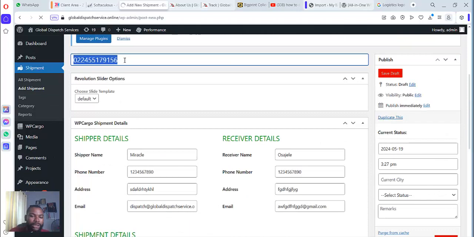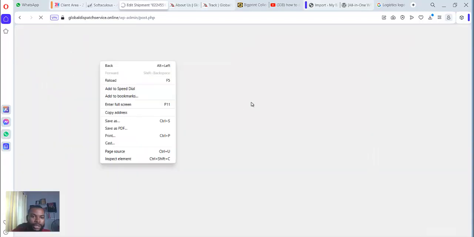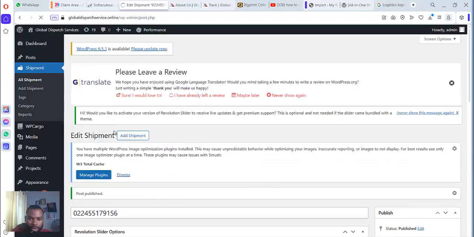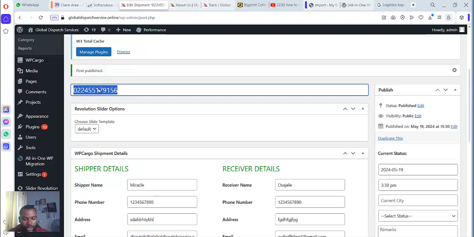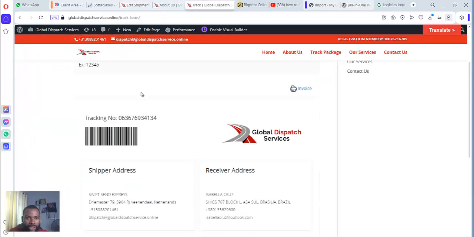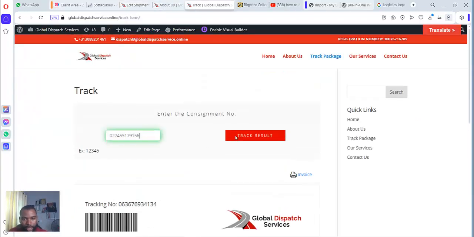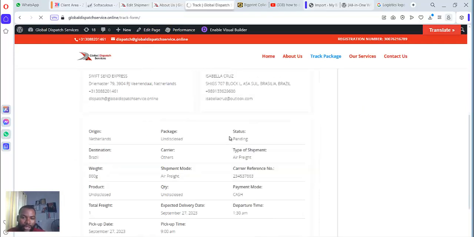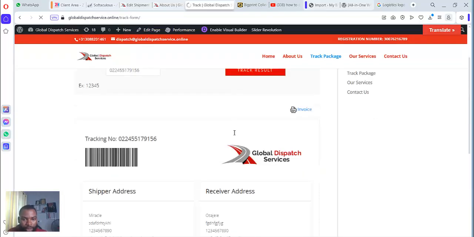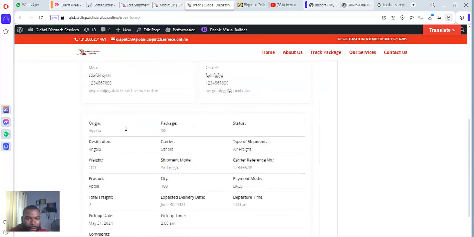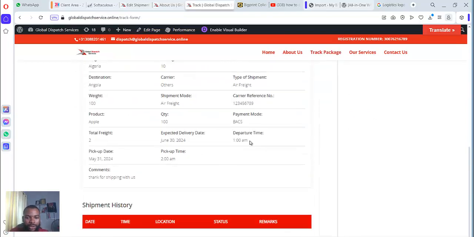So once I do that, you see this particular tracking code you see here. I can copy it. Okay, so this is it now. If I copy this code and then come here and track the code, it's going to give me all the information I just put in. Look at it there, you can see them. So that's basically everything you need to know about